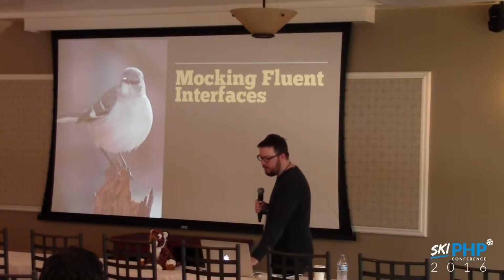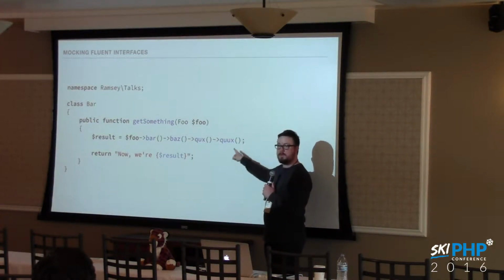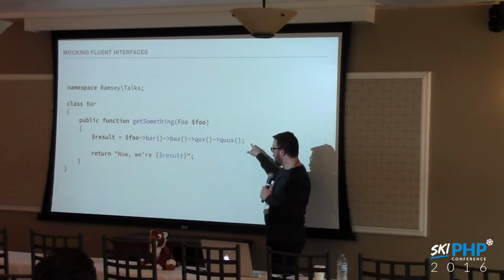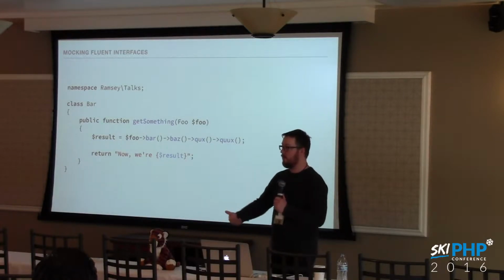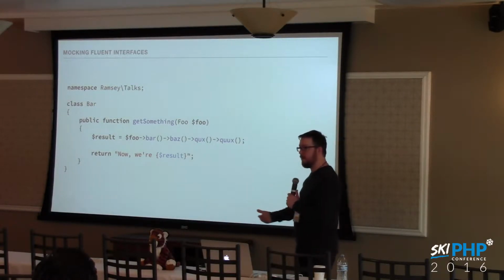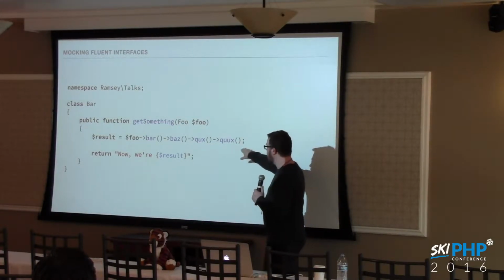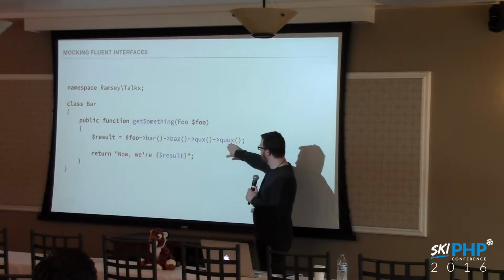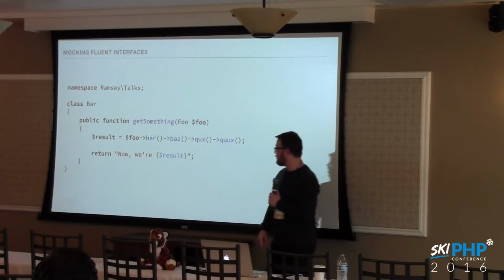We can also mock fluent interfaces. You might be familiar with a fluent interface that looks something like this, or sometimes it's called a Demeter chain. It's this idea where I call a method, it returns an object, then I call a method on that object that it returned, then I call a method on that object. We can stack these up and go on forever if we want. But this last method should return, and these are all metasyntactic variables by the way, whatever we want to have in $result. And then we want to use that result.